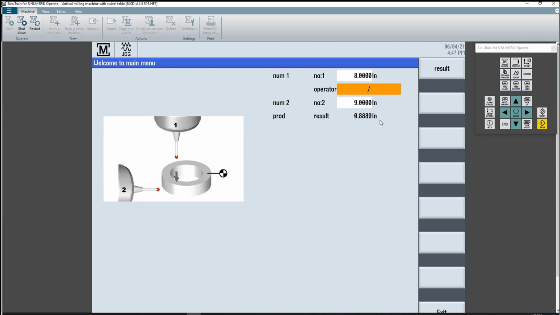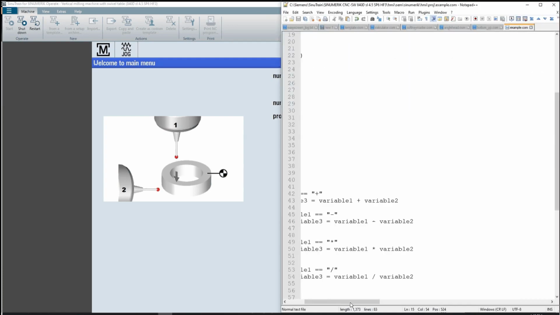So as you can see, there's a lot you can do inside of the Easyscreens that make them very powerful as far as building GUIs for custom things that you would do on your control or things that a customer would need. You can tap into existing programs, existing user cycles that you've created. You can tap into variable tables that you've used in the past. You're not limited to addition, subtraction, multiplication, division, but that's just something that you can do with these conditional statements